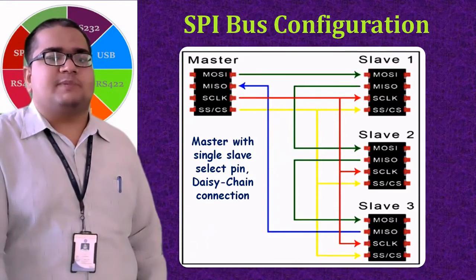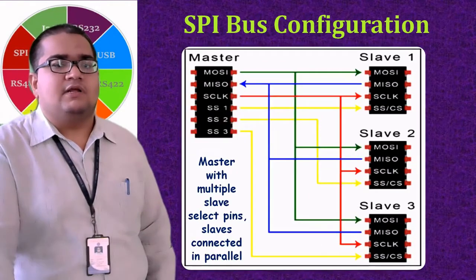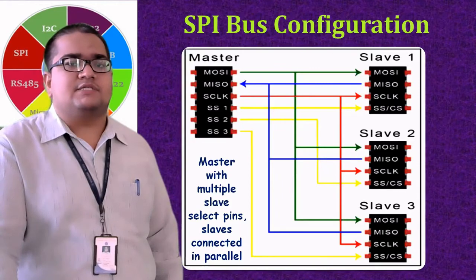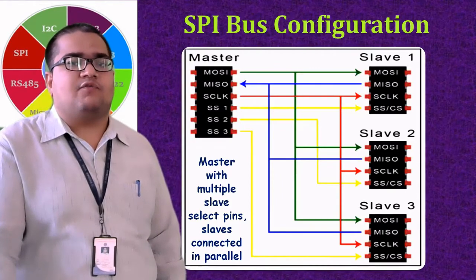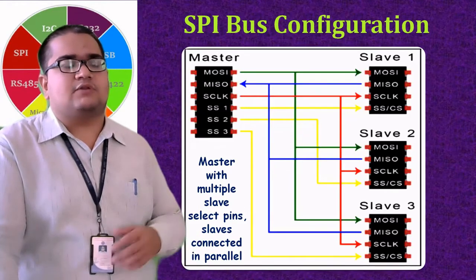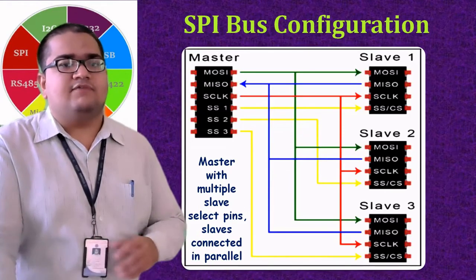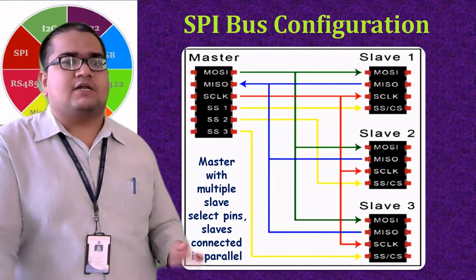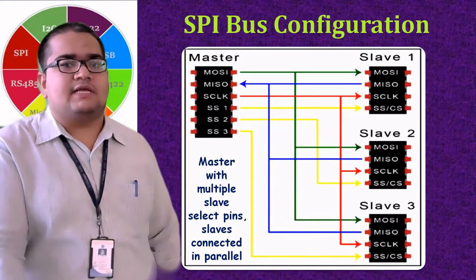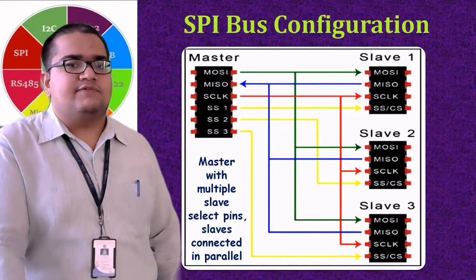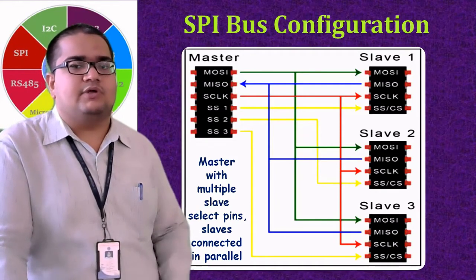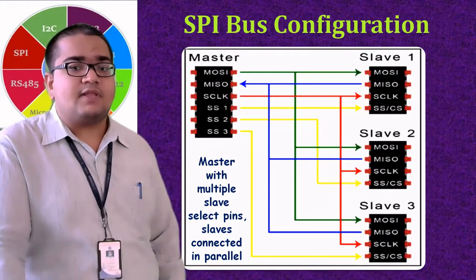You can see the difference from the earlier connection. In the earlier connections, the slave select 1 of the master is connected to the slave select of the first slave, similarly the second slave select of the master is connected to the second slave, and so on. And the clock can be seen shaded as parallel, and even the MISO and MOSI lines are used as a bus, connected to the slaves individually.